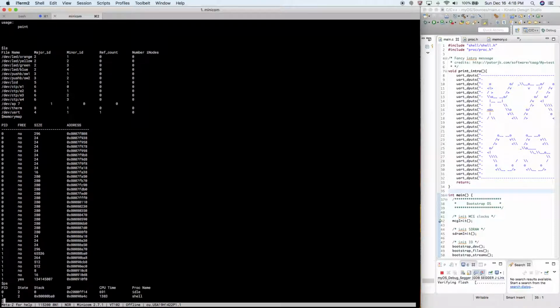Another program is PS, and this will show you the currently existing processes, its state (number 2 is ready), where the stack pointer is, the amount of time it's been running, and the process name. So right now we have 2 processes, one is idle and the other one is shell. So a final